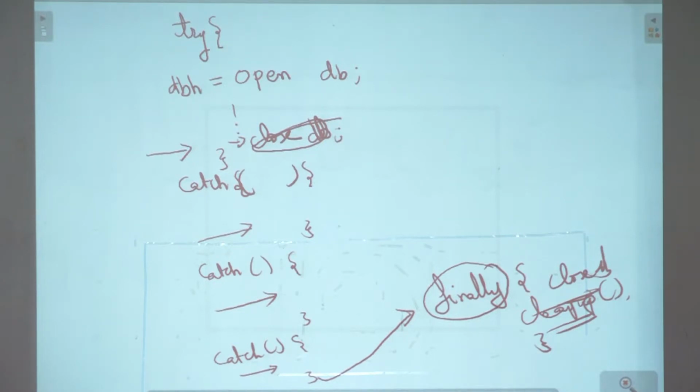no exception, or if there is an exception and I come to catch block, or I have an exception and either there is no catch block or the catch block doesn't catch my exception, even then finally will be executed. So there is no escape from finally, and finally is the best place or the only place you should use to write cleanup code. Cleanup code means releasing all the connections, whatever you have done, all of that can be given up in finally. That's the right place to give up whatever you have acquired in the beginning of the